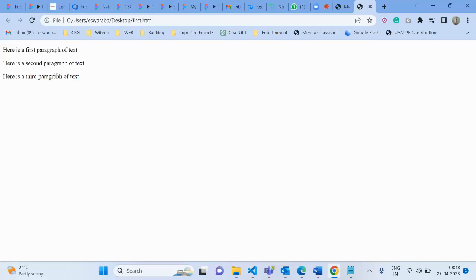So this is the basic understanding of HTML. Basic understanding means, to create a web page, what technologies are required, what I can do by using HTML, what I can do by using CSS, and what I can do by using JavaScript.